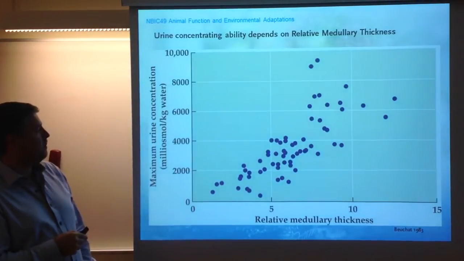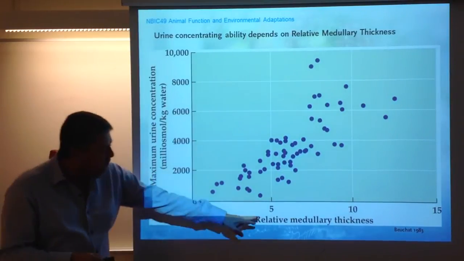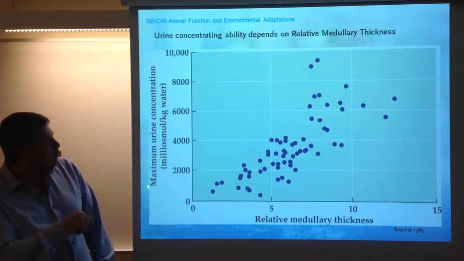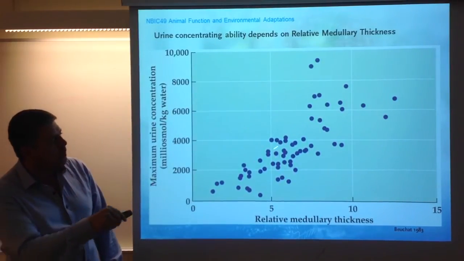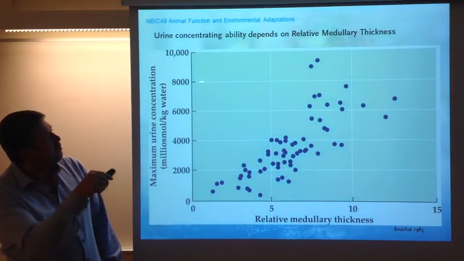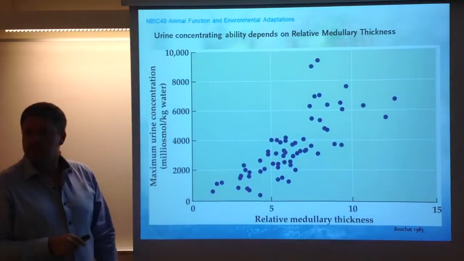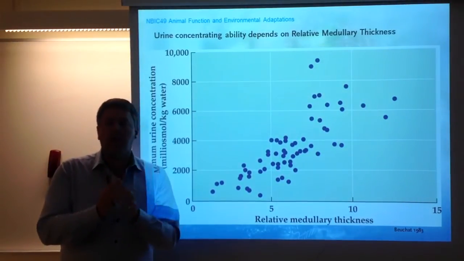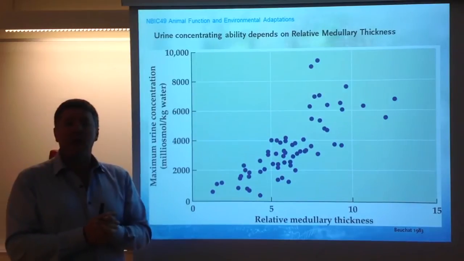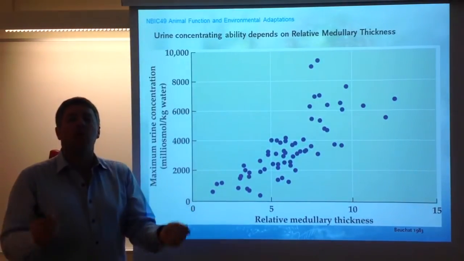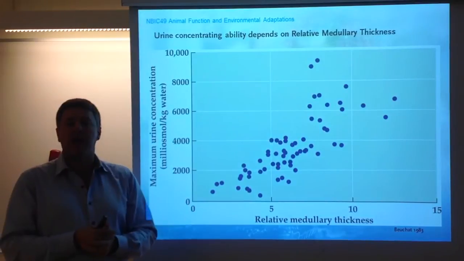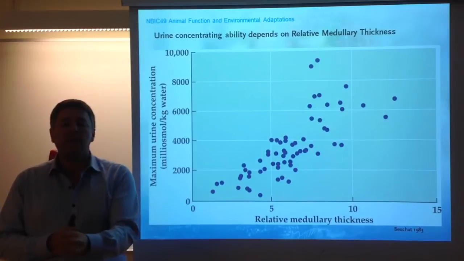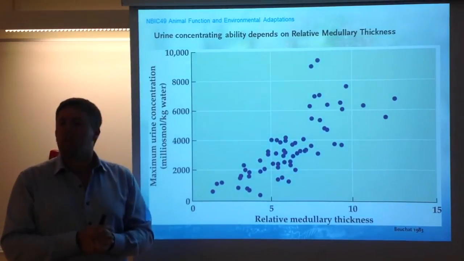Just simply this. And if the relative medullary thickness is larger, the ability to concentrate the urine, the maximal urine concentration, also increases. Up to 6 or even 8000 up here. So, desert animals will have a thicker renal medulla that will allow for longer nephrons. Therefore, there is a higher concentration gradient, a higher osmotic gradient deep down into the medulla that will allow the animal to basically reabsorb more water and produce